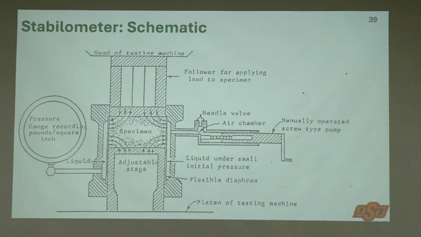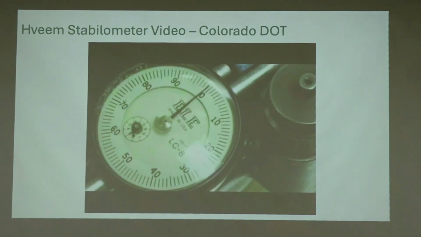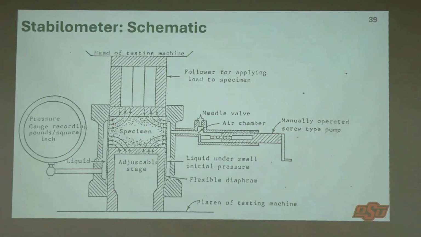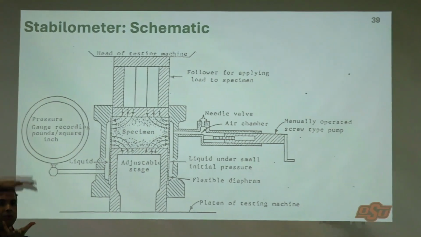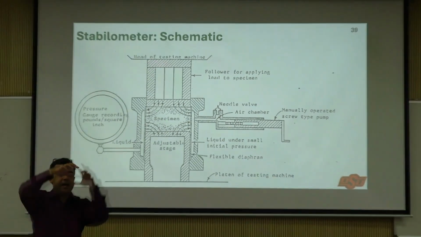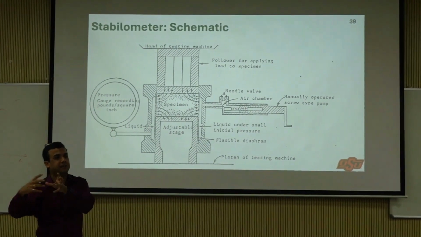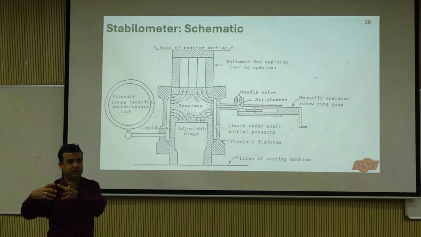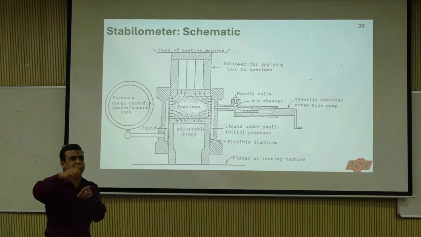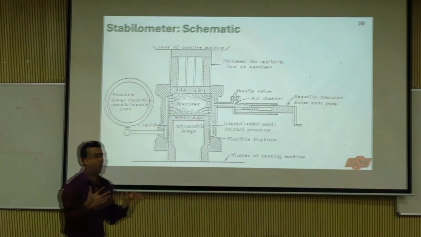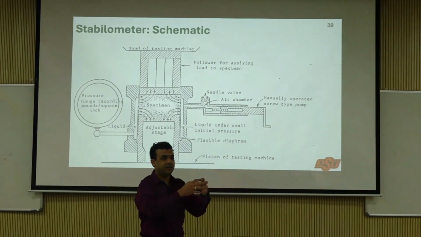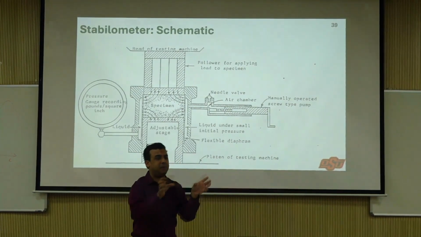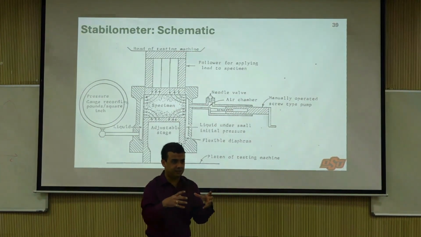So this is all I wanted to show you. Oh, it switched. That's okay. This is all I wanted to show you. What did he do? They actually applied load from the top using the compression machine, and then they saw an increase in the pressure on the lateral reading. It was 5 or something, it went to 30 or something, right? Why did that happen? It is because of Poisson's effect, right? You squeezing, it's expanding laterally, the bladder is full of oil, and that is the reason it is experiencing,